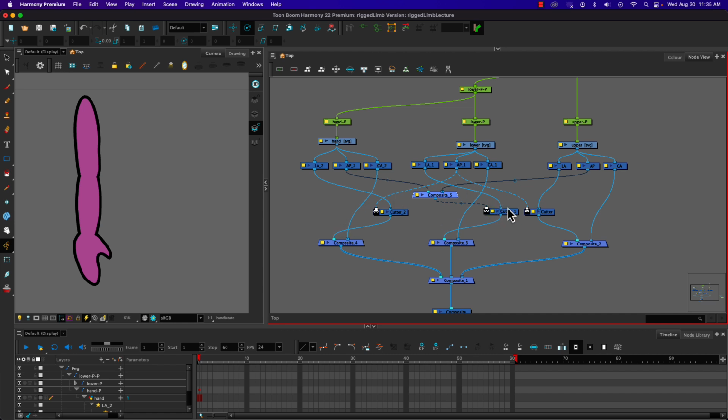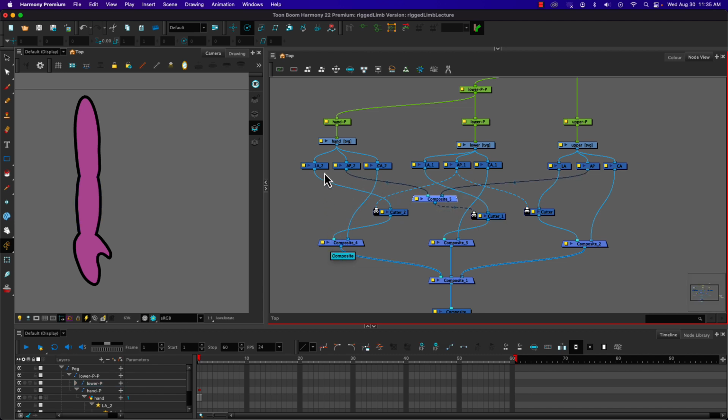So knowing that this is the middle piece, the lower arm is the middle piece between the hand and the upper arm, we know that because that's the middle piece, it needs to be cut on both ends. Well, because my cutter can only take one, and I don't want to make two cutters and then run into layering issues and it'd be messy, the proper way is I now have this additional composite so that both go into it, and then that is what is cutting. So I'm just trying to come up with a way that we can follow all of these